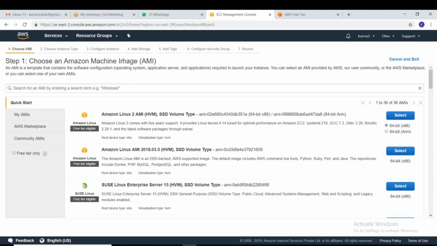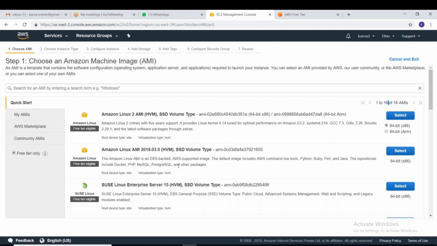The disk size and the processor type, everything we have to choose while creating an instance on EC2. If you want to go with purely free tier, here we have an option called free tier. Among 36, not all the images are under free tier. If you select this free tier, you will have 16 here. So totally 16 images are under free tier.